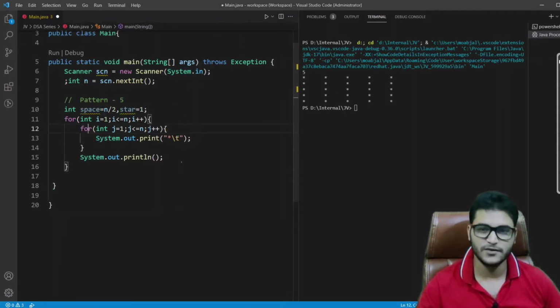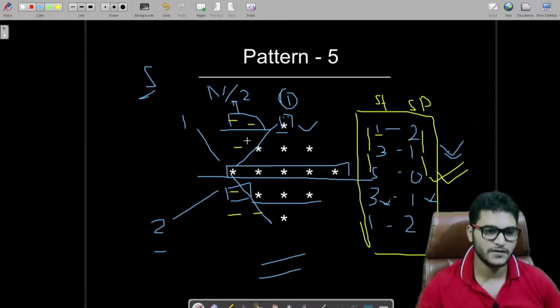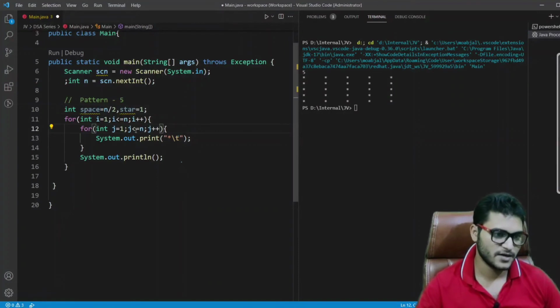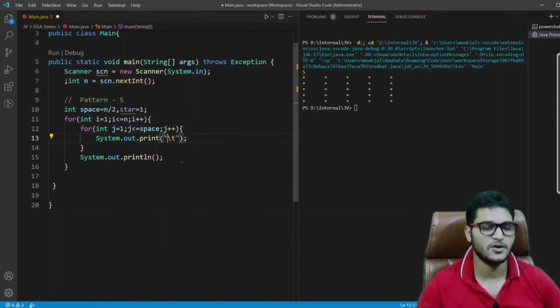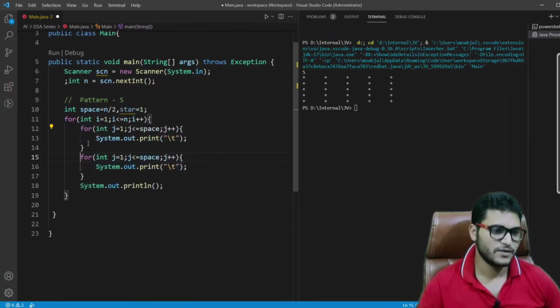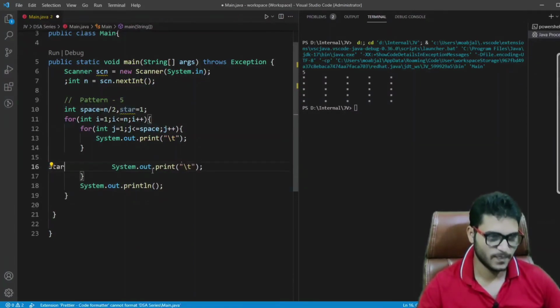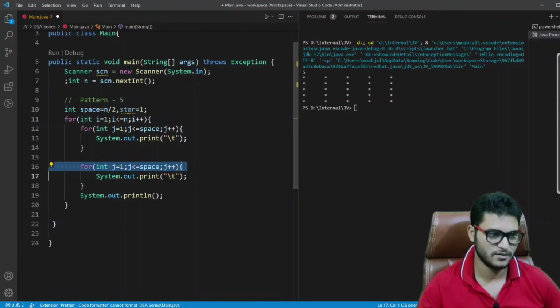Firstly we have to print our spaces and then the stars. We will follow the same approach. I will write a loop for printing spaces. This loop would execute till the number of spaces, and inside this I would print a space. We will write another loop for printing stars.